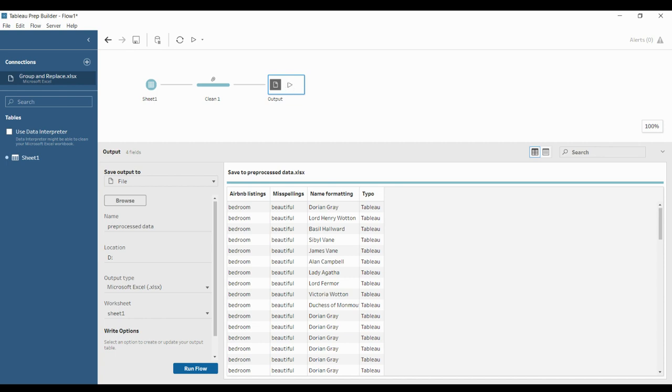The second one is you have an option here in the output pane to run the flow. And the third one is you have the option that is a play icon under the menu bar. So if you have multiple flows in your flow pane, then if you want to run all the flows, you can click here, or else you can simply click here and select which flow you wish to execute. I'm just going to click here to run this flow.